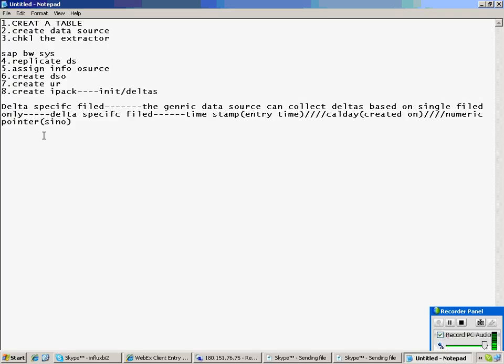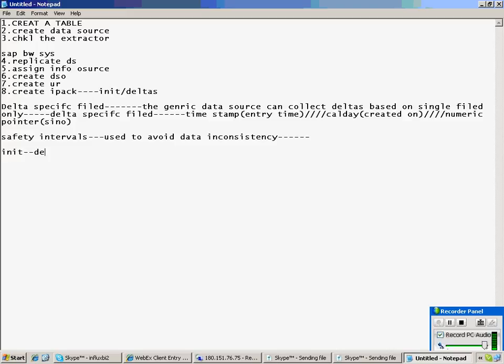What is the need of a safety interval? Let me explain. Safety intervals are used to avoid data inconsistency. What is the problem if I don't maintain a safety interval?